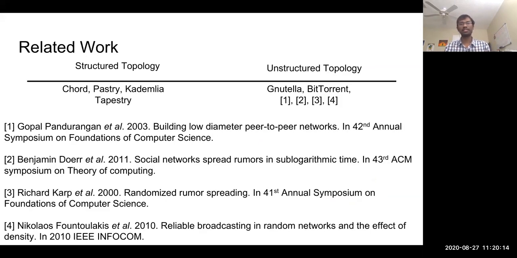I must mention here that designing efficient overlays for peer-to-peer networks is a very well-studied topic. There's been more than 20 years of research here. There are really interesting structured solutions like Chord, Kademlia, and Pastry, and also unstructured solutions that have been proposed in the past. Some of these solutions do take into account the geographic proximity of nodes while deciding the topology, but they don't really look at all the heterogeneities that I spoke about in the previous slide.